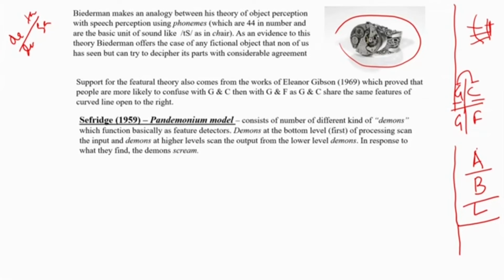What the Pandemonium model of Selfridge says is that the perception of these letters, for example A, starts with several daemons, as he calls them, and I call them sub-processes, which are involved in the perception of A. If I have to perceive the letter A, it starts at a very basic level. Since bottom up processing starts at a very basic level, the first inputs I get from the eye, when an A is displayed in front of you, are an arched line, another arched line and a line like this. The basic daemons read this kind of input and forward it to the letter daemon, which will then combine